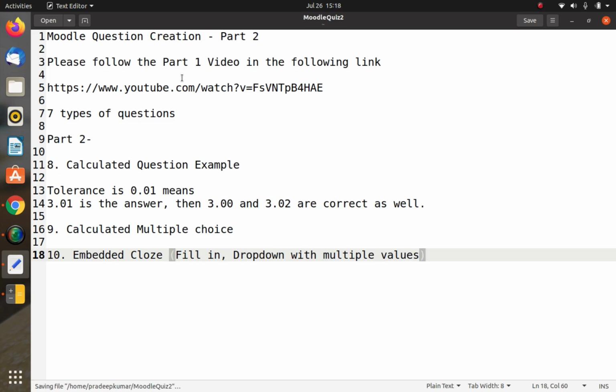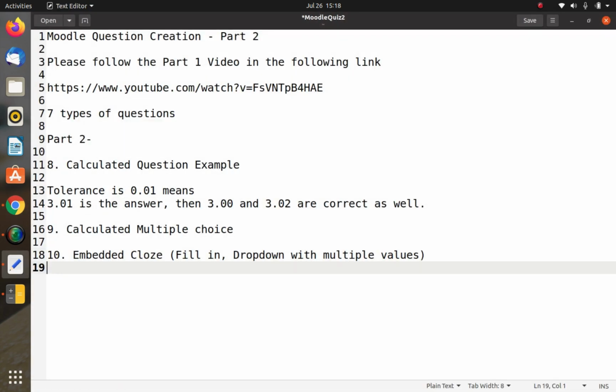So it's one of the good techniques in Moodle, which is available since Moodle 3.0. There are new methods also introduced, so we will see what this does. So please listen carefully on this, because this embedded close is a very great option. Okay, now some shortcut keys. You need to know some shortcut keys.